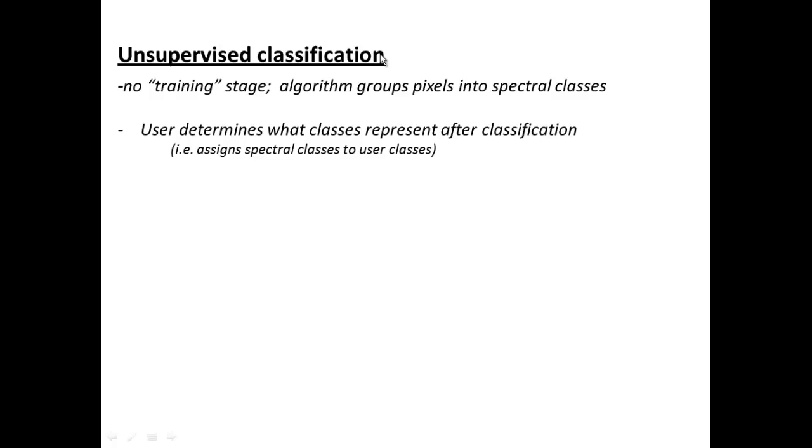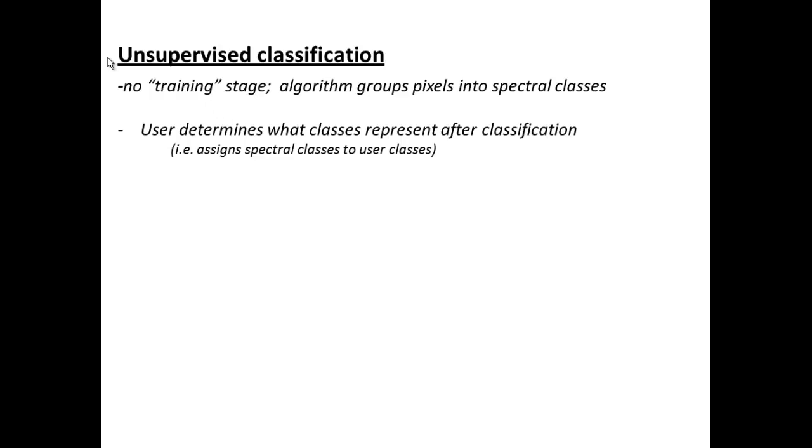Unsupervised classification is quite different. In unsupervised classification, there is no training stage. In other words, you never tell the computer what user classes you'd like to have, and you don't give it any information about those classes. Instead, you simply start an algorithm and let the computer determine which spectral classes are most unique from one another. So it's going to go through, and based on the distributed data for all the pixels, it's going to group the pixels into whatever classes are most spectrally unique,